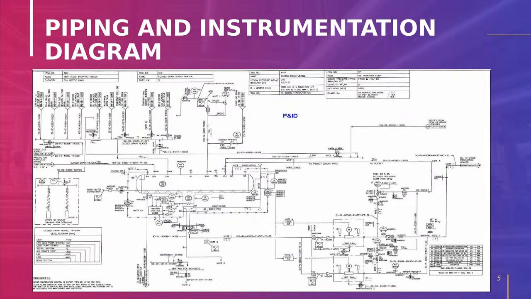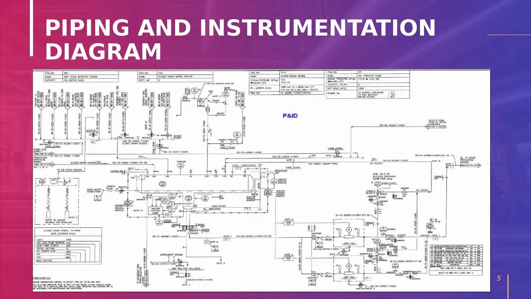This is the P&ID, what we have discussed. If you see this P&ID, you can see a lot of valves are shown here. Each and every nozzle in the equipment, even every nozzle in the pumps, static equipment, rotary equipment, everything will be shown in this P&ID.